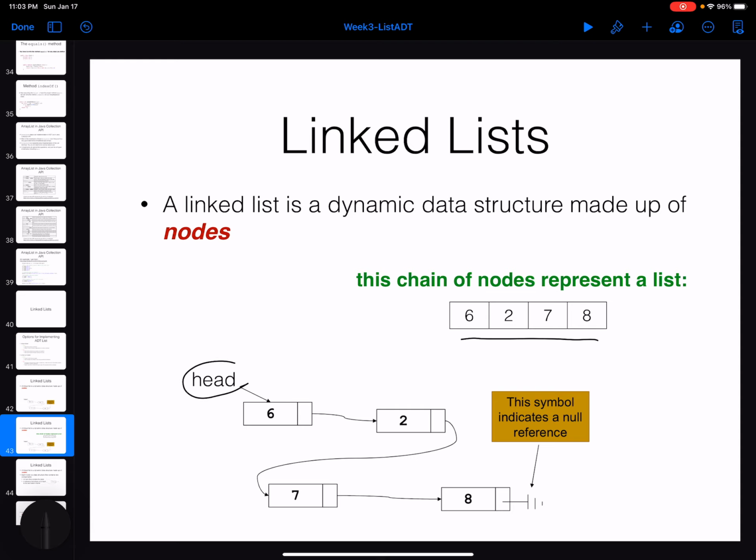This is going to be the beginning of your list, the head of a linked list. 6, then 2, then 7, and then 8. So basically, a linked list, just to show you, instead of storing all of the items that you put in your list in an array, you know that an array in memory is just a sequence of cells that are